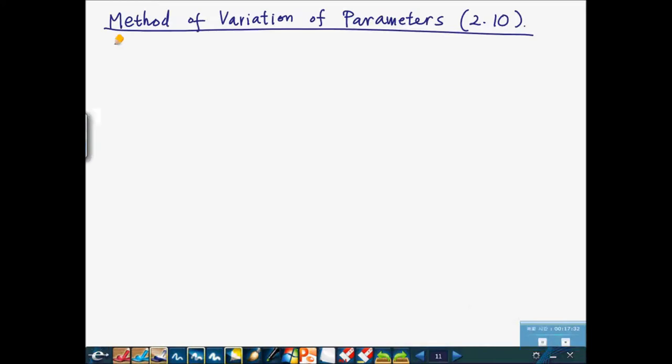So it's 2.10, the method of variation of parameters. This is another method to solve the non-homogeneous equation. But there are two differences. I mean, it's better than MUC